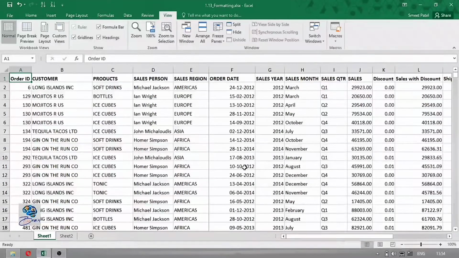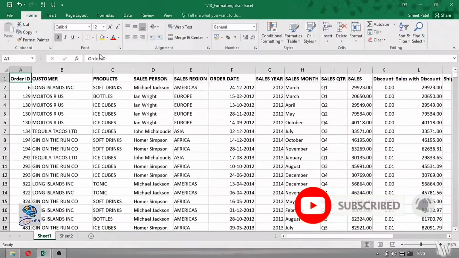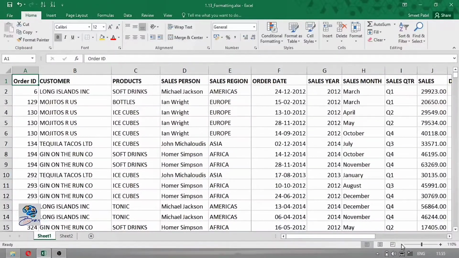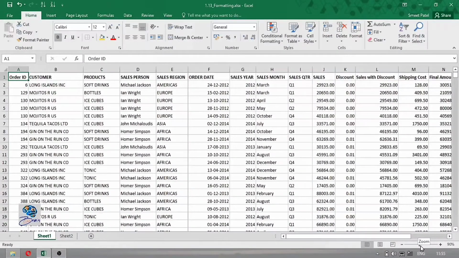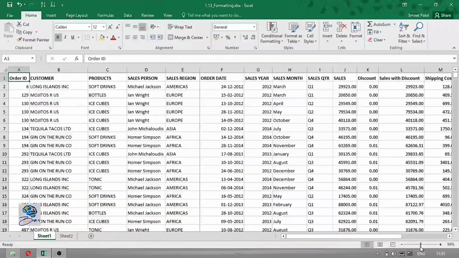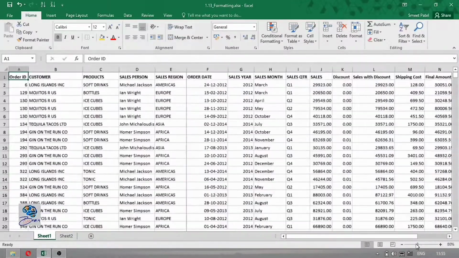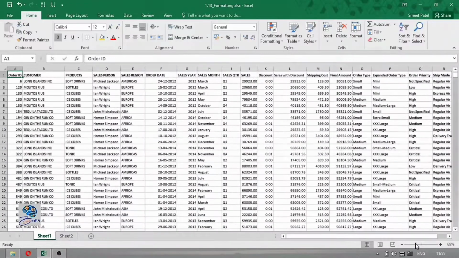In today's video, we will see about the view options available in Excel. Starting, if we look here in the down status bar, we have a zoom slider and three functions given here. First we will see the zoom option. If we press the plus, it will zoom in, and with minus it will zoom out, or you can also slide the zoom or adjust the zoom with the slider bar.